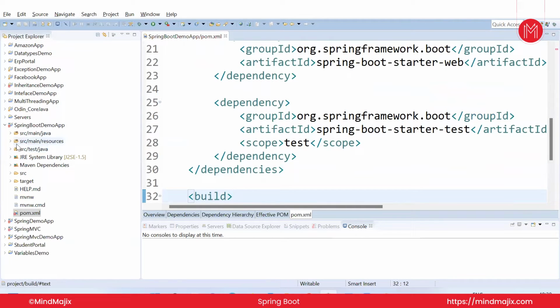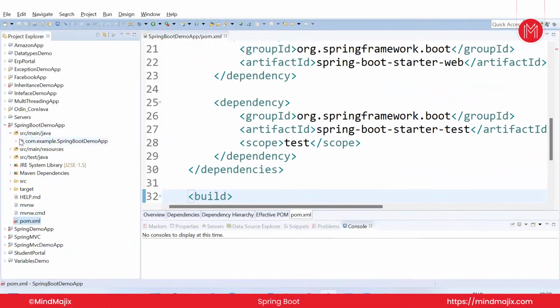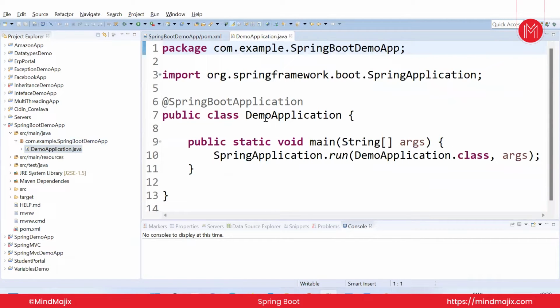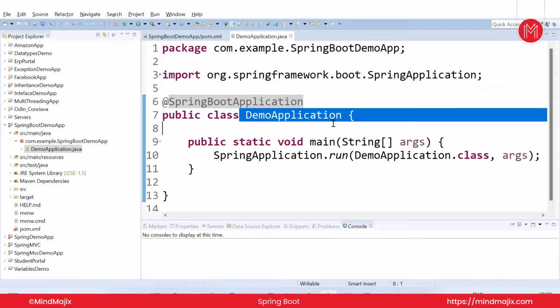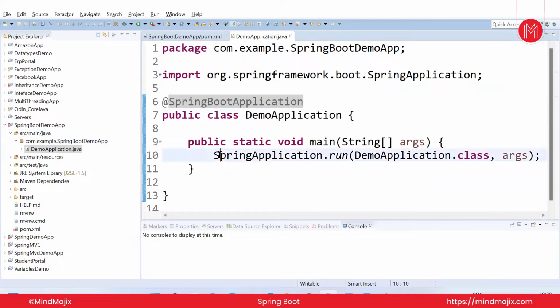And after that, can you please check it in src main java? Here you can get the required code of your application. That is the @SpringBootApplication annotation, and our class name is DemoApplication with a main method, SpringApplication.run. Okay, as I already told you,